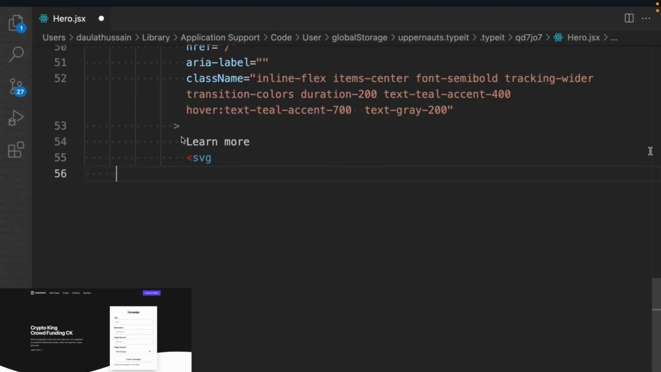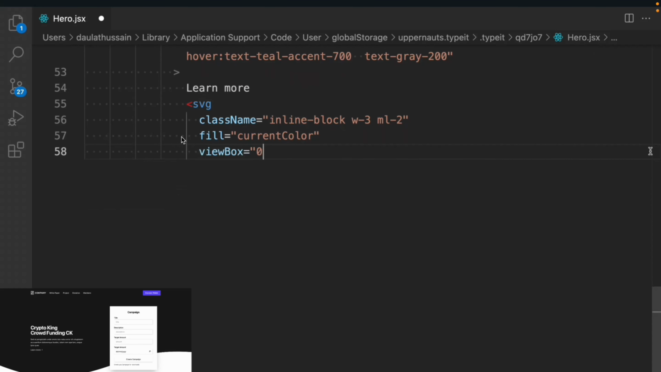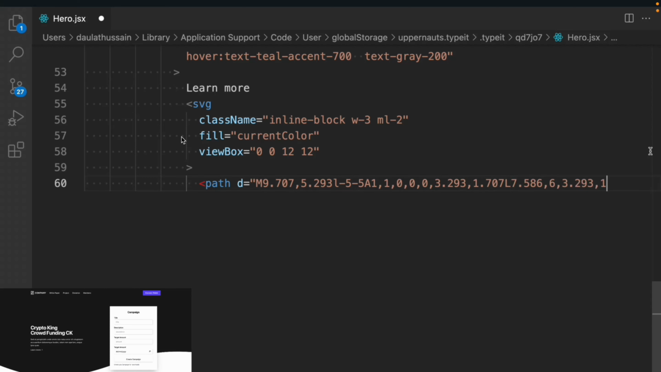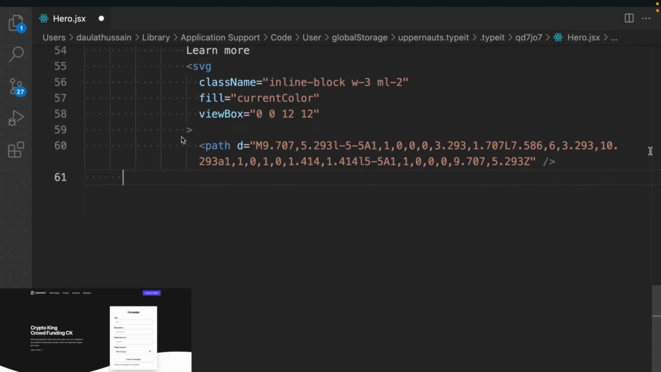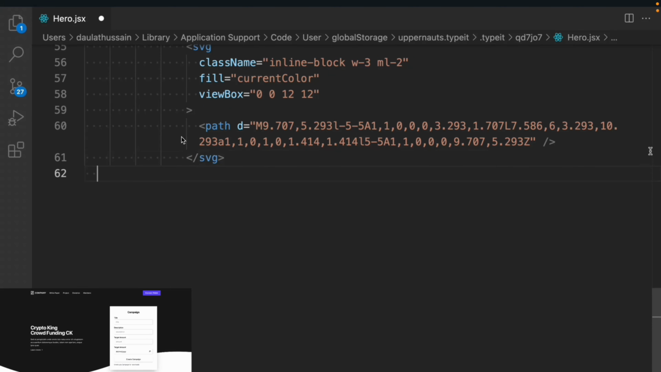and we have to show the CSV icon. So let me write it very quickly. It will have a class: inline-block, width 3, margin-left is going to be 2. We have to fill current color, define the viewport, and define the path. So let me write it down, and again you will get this CSV file in the starter file, so don't forget to download that as well. So here we'll commit, close this one,